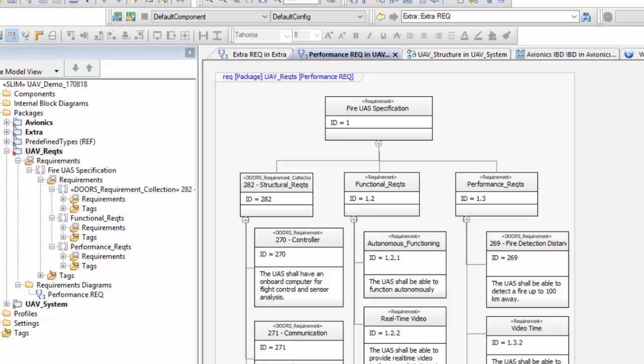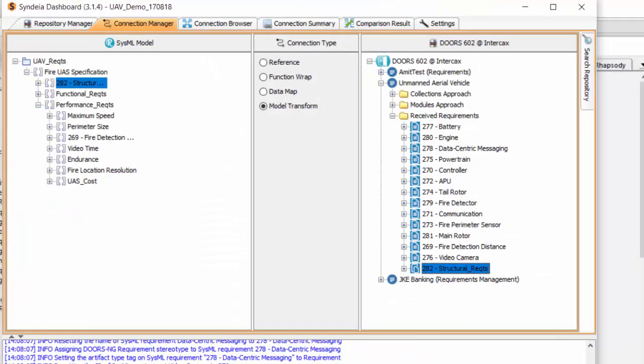There are some significant limitations to model transformation into DoorsNG. Most importantly, Syndea cannot create modules in Doors. So requirement structures of 3 or more levels cannot be transformed intact. For example, if we drag the top level Fire UAS specification